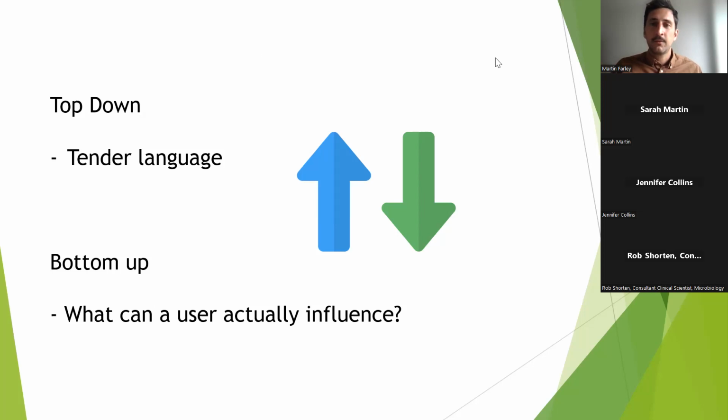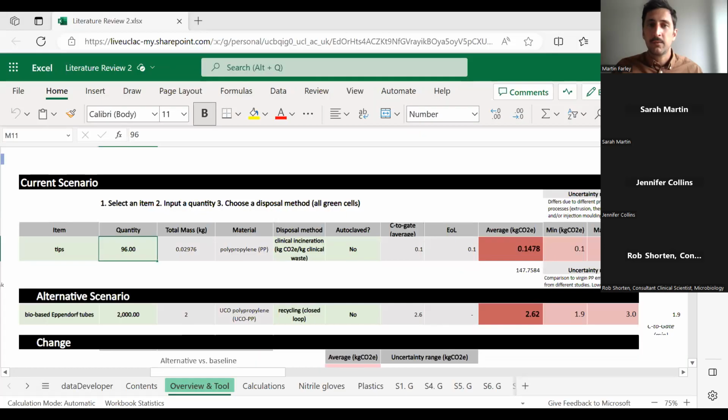And I'm going to stop sharing for a second because I want to show you a piece of work that we were doing, which is a calculator to look specifically at this topic. So this is something I was working on with a colleague, and I want to give credit to a researcher at UCL called Isabella Ragazzi. She's an RA who worked with us on looking at trying to quantify the full impact of lab environments. And what we were missing was that full impact of plastics. So this is a calculator that she built.